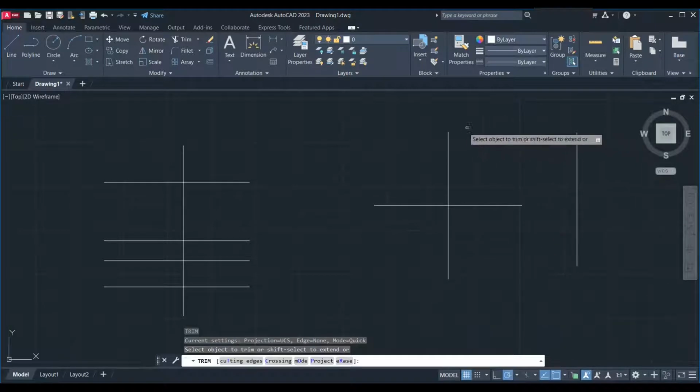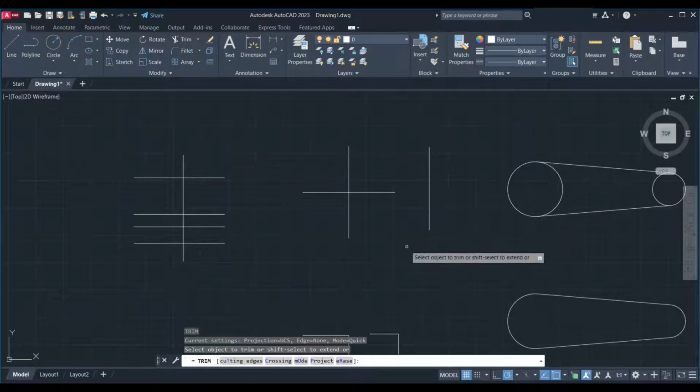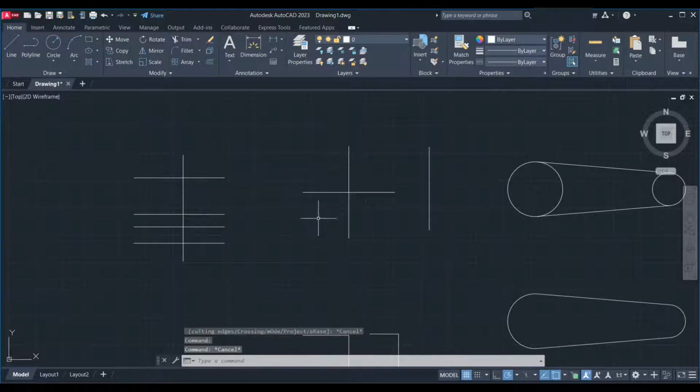If you remember, a few minutes ago we couldn't erase any part of this single line. The same here. All of them. Now look, do you see? It shows that when you activate the trim tool, it trims objects which meet the edges of other objects. In other words, it is used to remove extra lines or extra parts of an object. It was a single line, yes? In this way I drew it in one step, so I couldn't erase the extra part, but when I activate the trim,